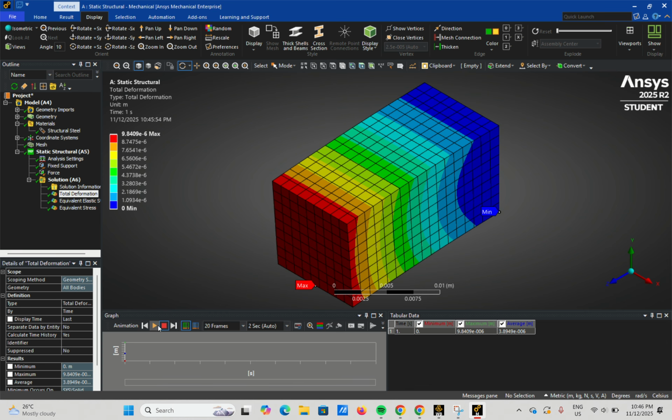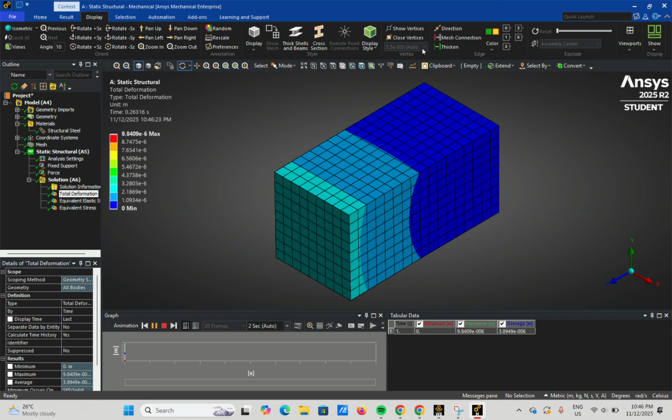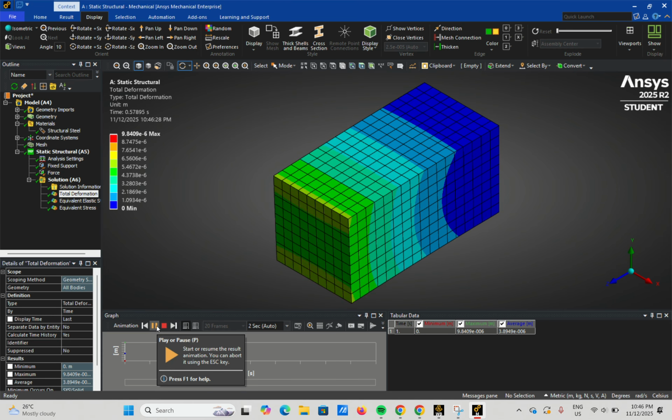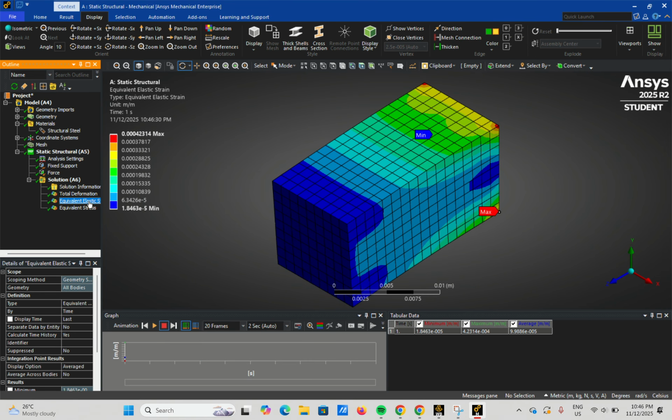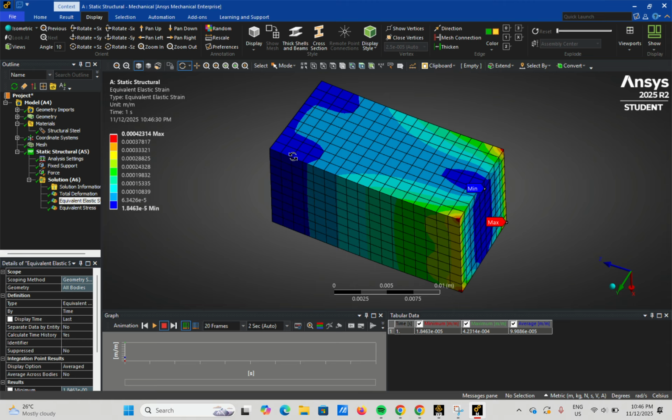Okay, so we can also use this play button to show us the animation of the force applied. You can see here it is not moving at all because we already fixed the support here. Okay, this is for deformation. And next is equivalent elastic strain. You can see it's everywhere. The minimum is here, and the maximum is on the edge of this side only, where the other side is